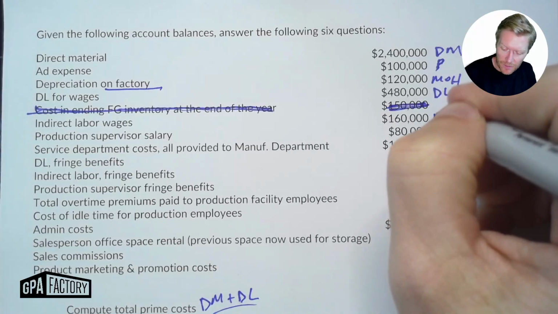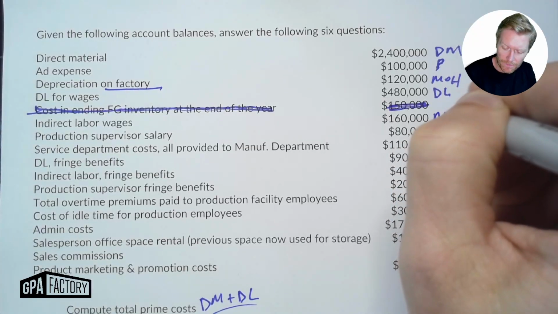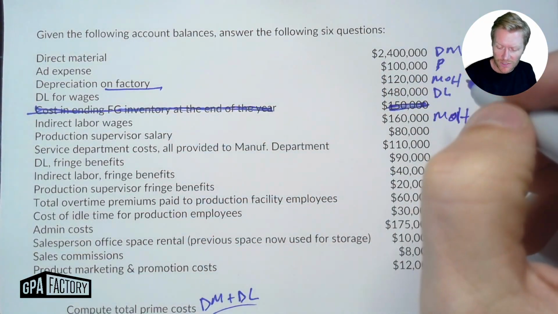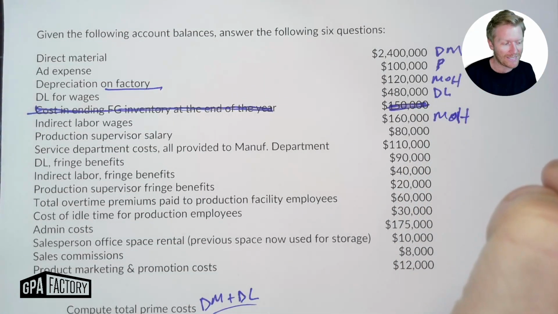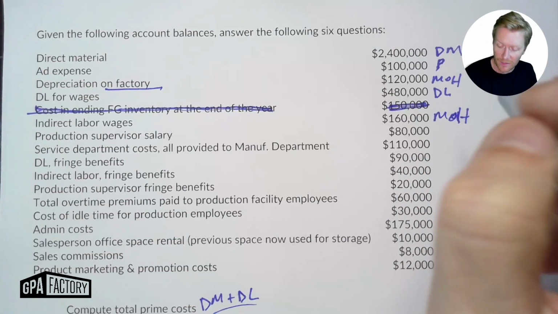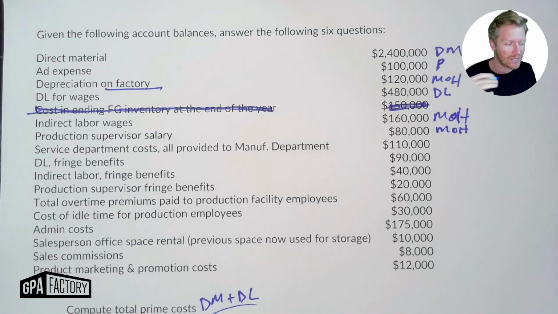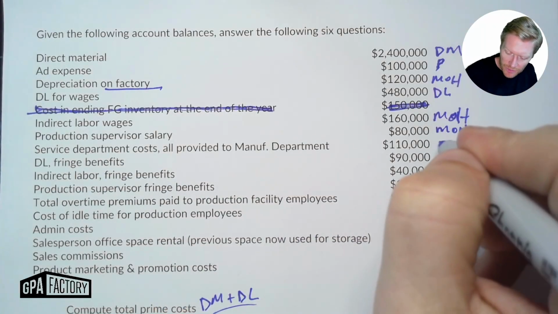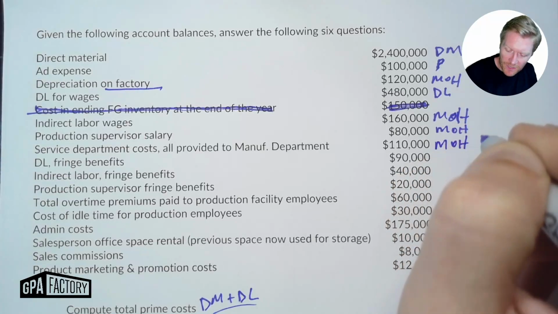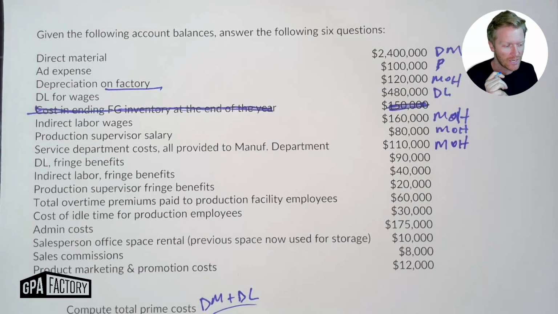Indirect labor. Indirect labor is going to be considered a manufacturing overhead item. Production supervisor salary. Again, that person's overseeing production, necessary for production to occur. So it is part of making the product, but it's going to be considered manufacturing overhead because it's not directly associated with actually hammering and sanding and putting together the goods. So it's going to be indirect labor. Another indirect labor piece: service department costs all provided to the manufacturing department. This is again going to be manufacturing overhead,